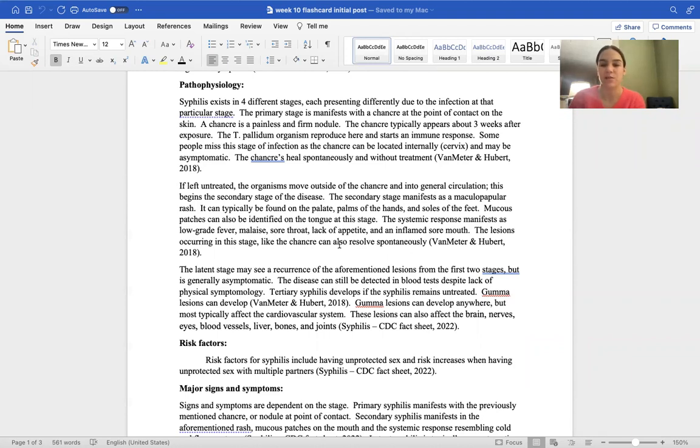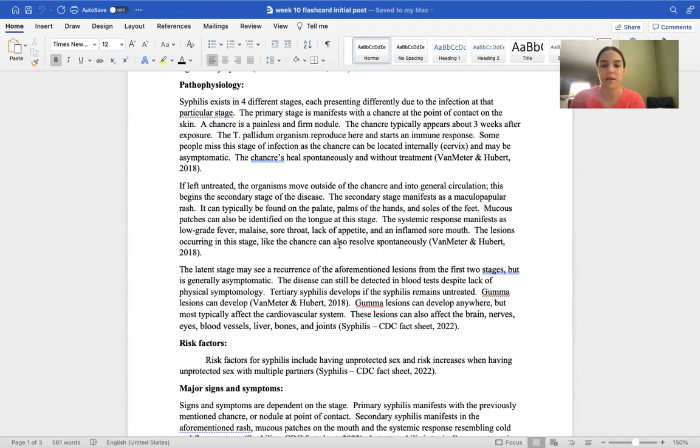of the hands, and soles of the feet, as well as mucus patches can be identified on the tongue at this stage. And then the systemic response manifests as cold and flu symptoms, so low-grade fever, malaise, sore throat, lack of appetite, and then an inflamed sore mouth. So that's kind of related to that rash. And like the chancre, the lesions at this stage can resolve spontaneously, which then leads into the next 2 stages